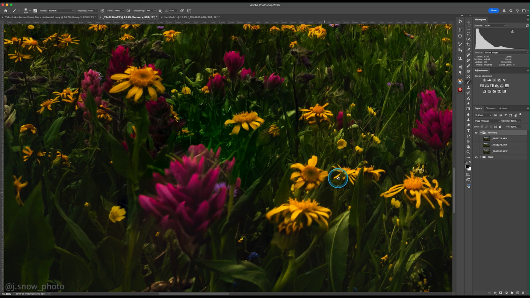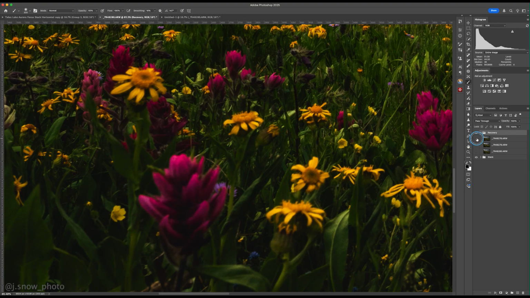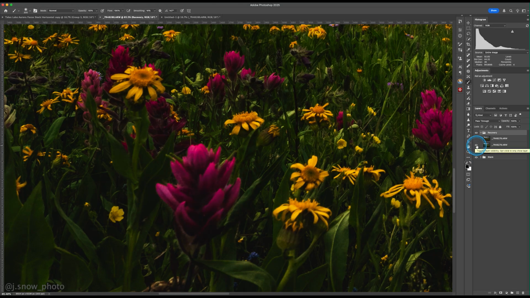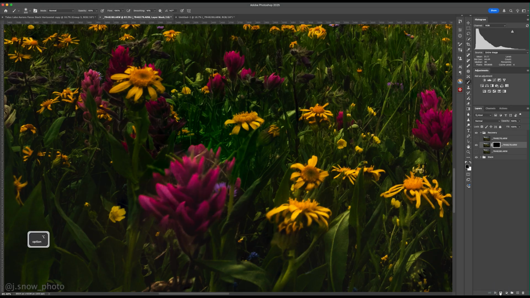Now we need to fix this paintbrush. So what we need to do is now turn on each one of these layers until we find the one where the paintbrush is the sharpest. Now none of them are perfectly sharp, but we have one here that's particularly better than the others. So what we're going to do is activate that layer, and then put a black mask on it, switch to a brush tool with white as our foreground color. We're going to change our opacity to 100%, and we are going to begin painting